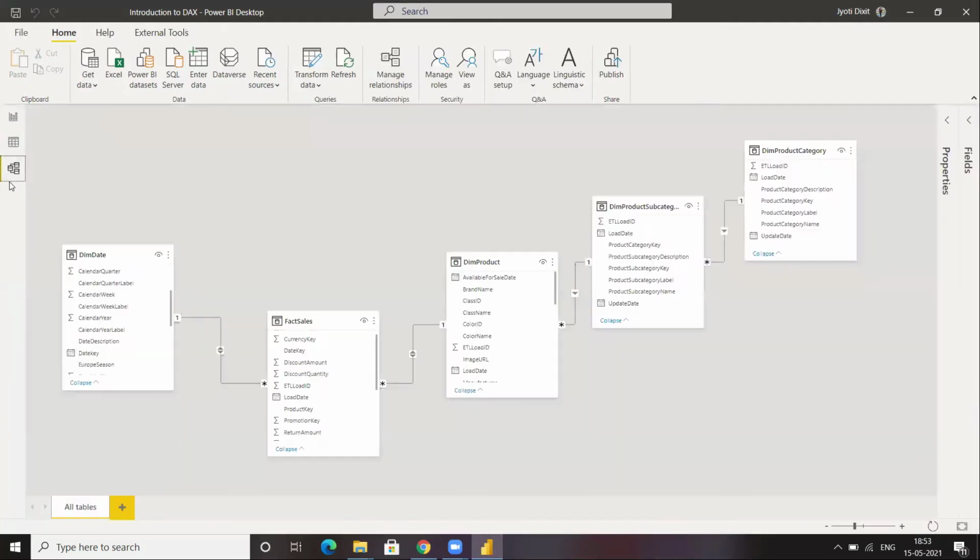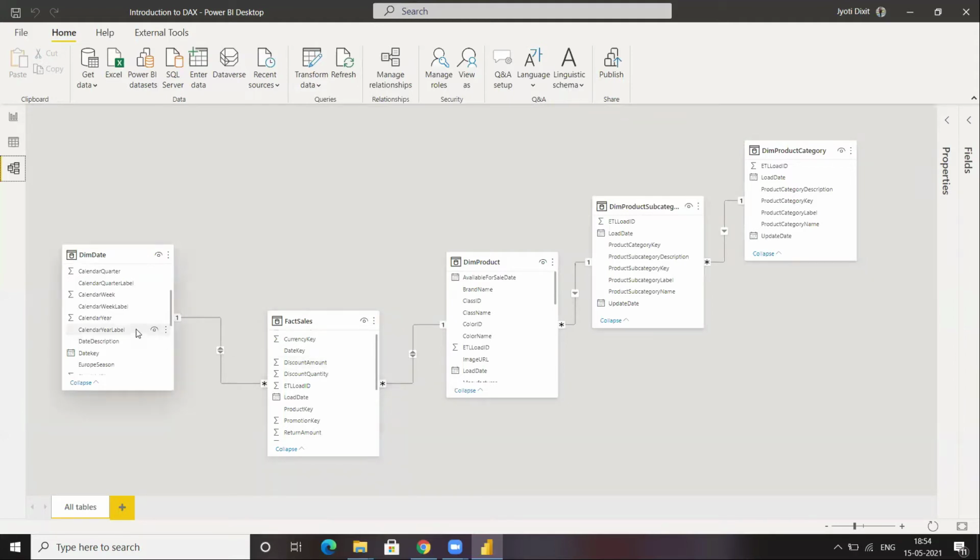What happens is that any relationship which you have created between different tables, they act in a way so that one table is actually able to interact with the other table, and while interacting, they are actually able to filter.